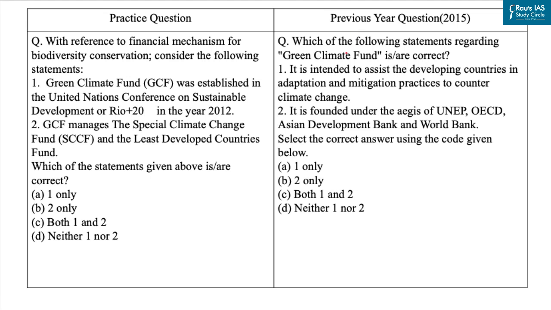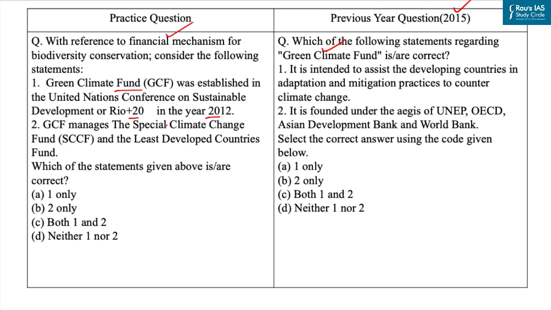Now, UPSC has already asked questions based on financial mechanism for biodiversity conservation. Like in 2015, they have asked question based on Green Climate Fund. So here we have curated question based on the same theme. Now, the first statement is Green Climate Fund was established in United Nations Conference on Sustainable Development or Rio +20